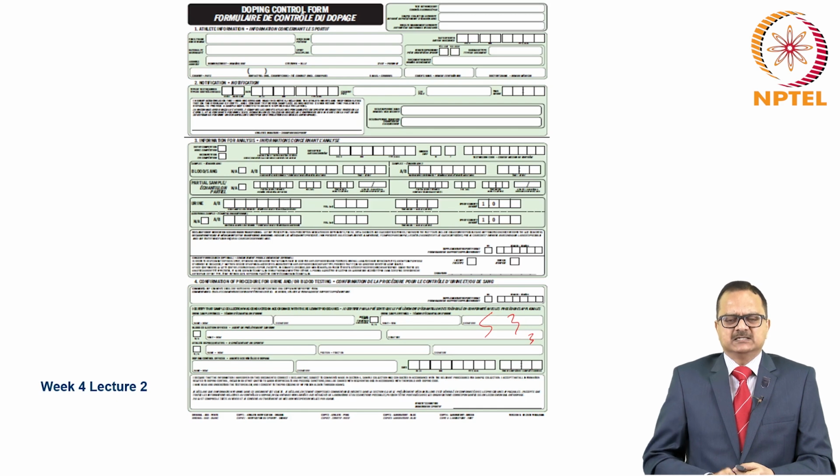Yes, so this is the doping control form. This is a self-inking form and it comes in a set of 5 or 6 forms depending on which event it is being organized for. There may be 7 or 8 forms also. Now, when you write on the first form, because it is self-inking, it will go down to the last form itself. So you don't have to keep writing again and again. Now this is the doping control form. It has got several parts. Now we'll discuss each part in detail.